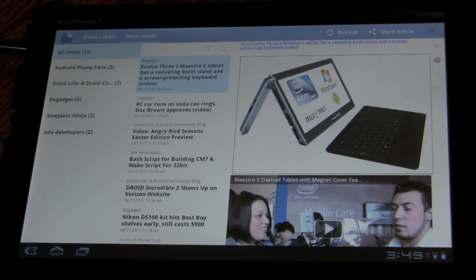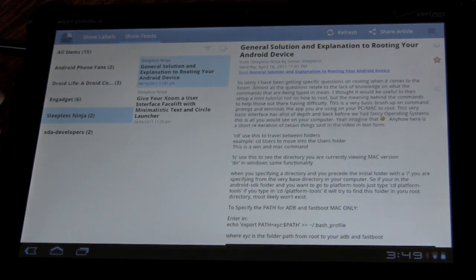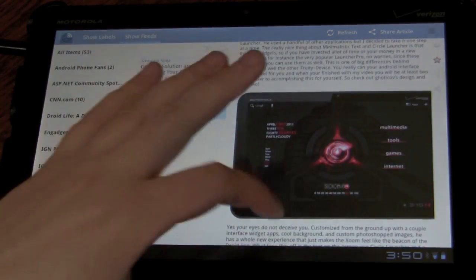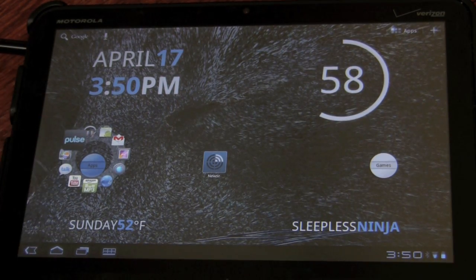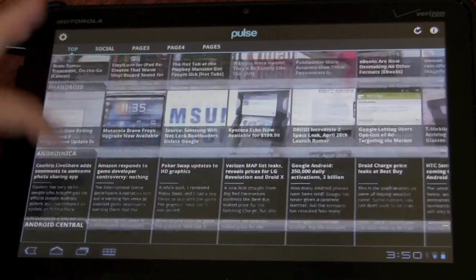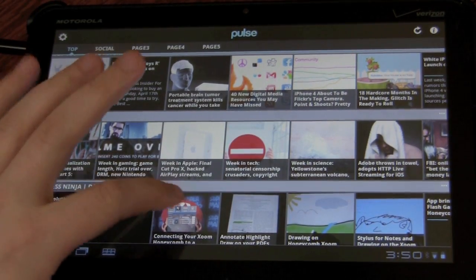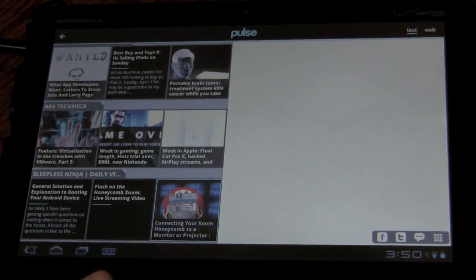One of the nice features that Pulse doesn't have is the ability to synchronize with your Google Reader account, which I think is a huge plus. And also, Pulse doesn't always show all of the page to the user. So for instance, if we were to go to my Sleepless Ninja blog, you can see I have the entire picture and YouTube video in the RSS Reader. And if we were to quickly go over to Pulse and view my blog, you can see it shows the picture and the text,